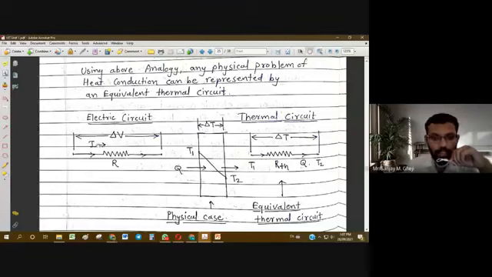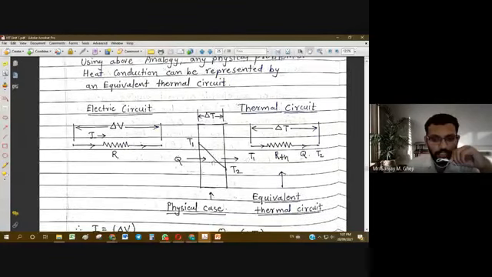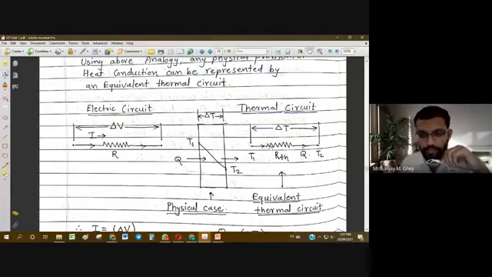Now this temperature difference is causing heat flow. So heat flow is like current flow. It is taking place from this point to this point in this direction, and there will be a material resistance, which will be the thermal resistance of this plane wall or this plate material. So we can set up a thermal circuit. This is the electrical circuit, and this is the thermal circuit. This plane wall is represented by this thermal resistance. This zigzag shape is the thermal resistance, and the temperature difference is there from this point to this point, where we can assign T1 and T2.